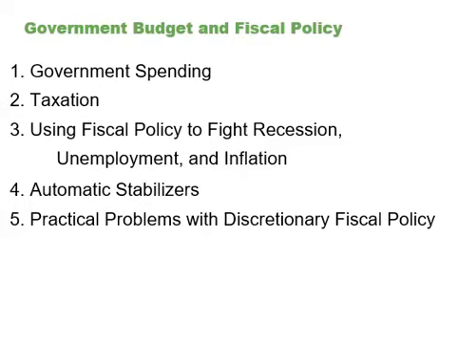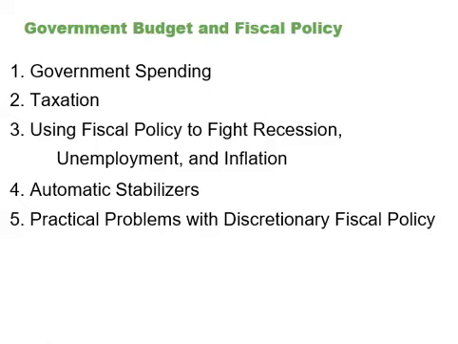This video is about government budget and fiscal policy. We begin with an overview of US government spending and taxes. We then discuss fiscal policy from a short-run perspective, that is, how government uses tax and spending policies to address recession, unemployment, and inflation, how periods of recession and growth affect government budgets, automatic stabilizers, and practical problems with discretionary